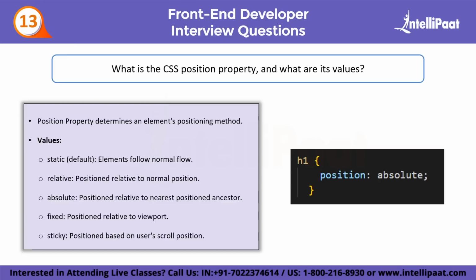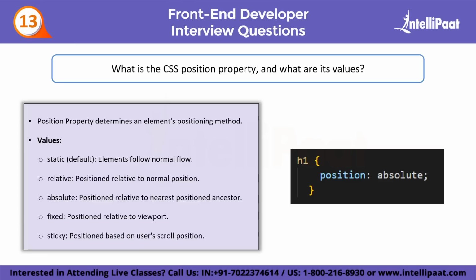The relative value elements are positioned relative to their normal position in the document flow. When you set position to relative, you can use top, right, bottom, and left properties to move the elements from its normal position. The absolute value elements are positioned relative to their nearest positioned ancestor element, provided that it is not static. If there is no positioned ancestor, it's positioned relative to the HTML element. It is useful when you want to place an element precisely inside a specific container regardless of its normal flow